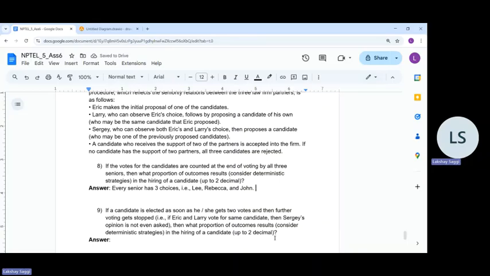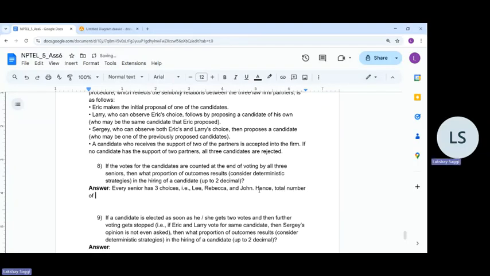So what proportion of outcomes results in hiring of a candidate? The total number of possible outcomes is